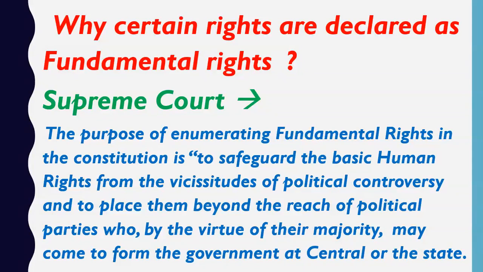Now suppose the ideology of party B is orthodox. Orthodox means it is not liberal. It is more aligned toward ancient practices and ancient beliefs. Party B does not believe in the freedom of human beings, or in the liberty of the individual. So what will party B do? Definitely party B will try to